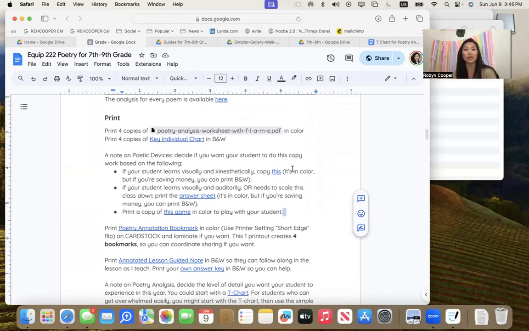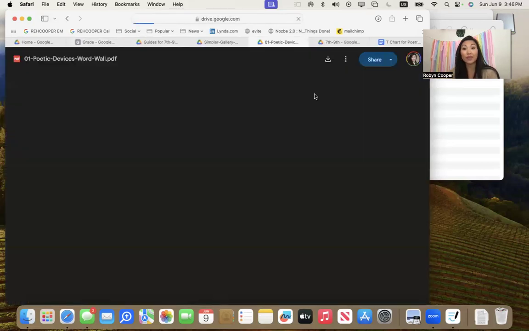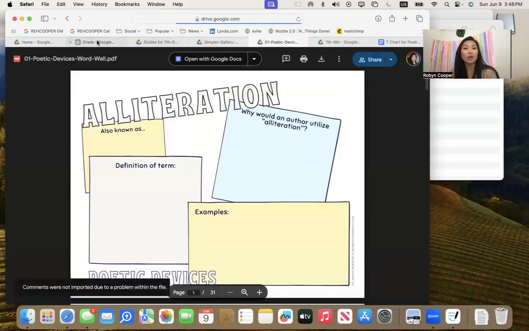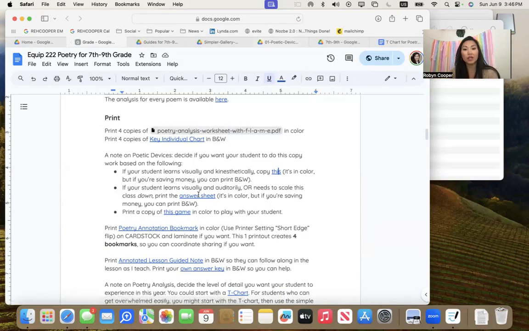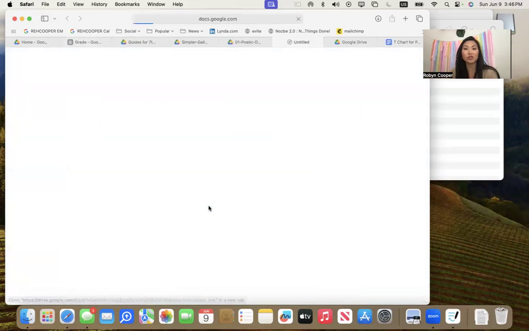And I've given you the same tools for scaling in your print options. For example, when it comes to learning poetic devices, I have given you some options. You could either print a document that they can fill out as I'm teaching, or you can print a document with the answers in it.